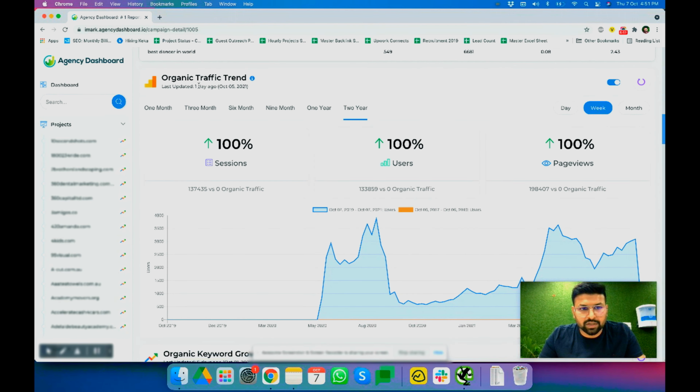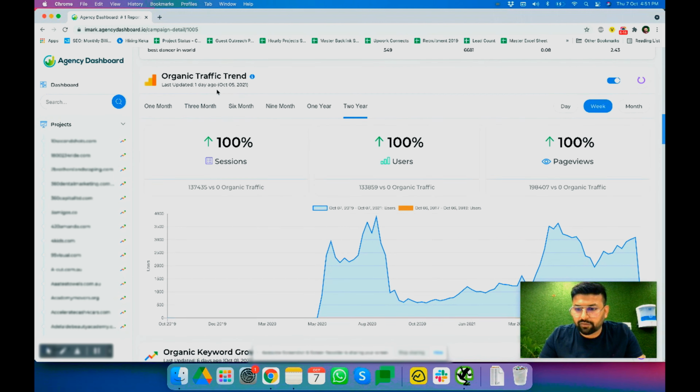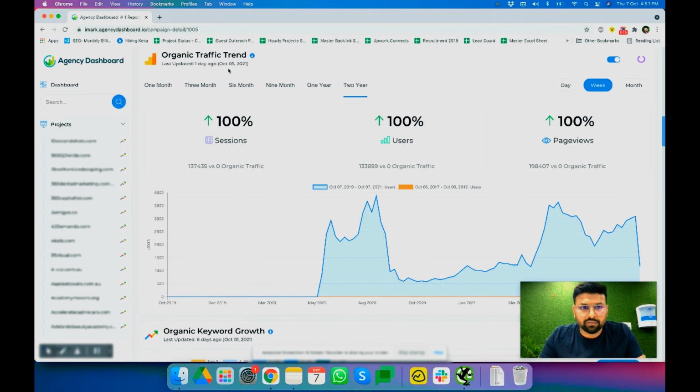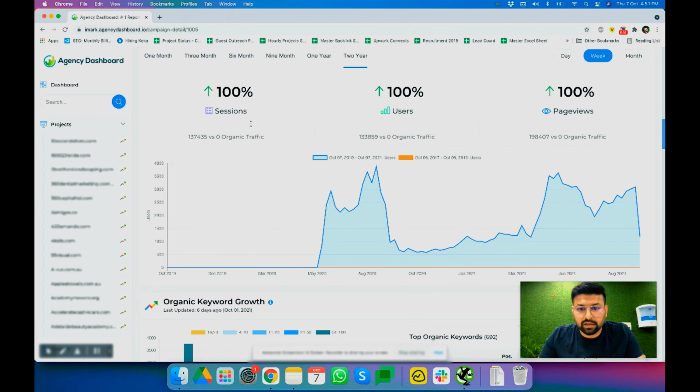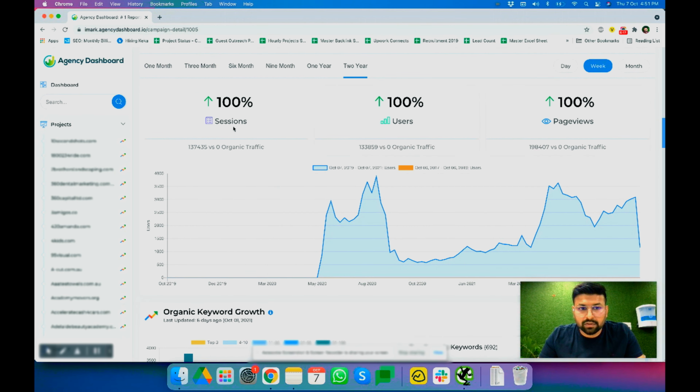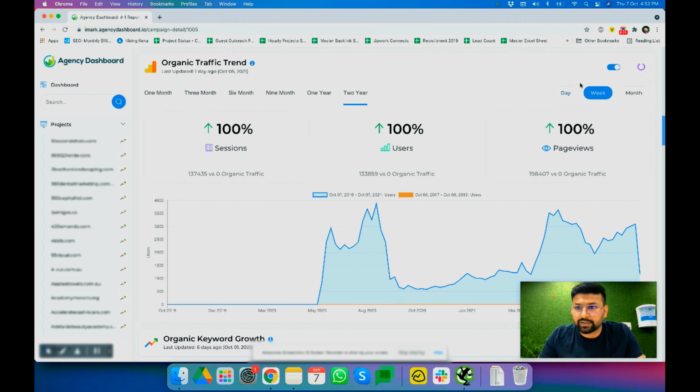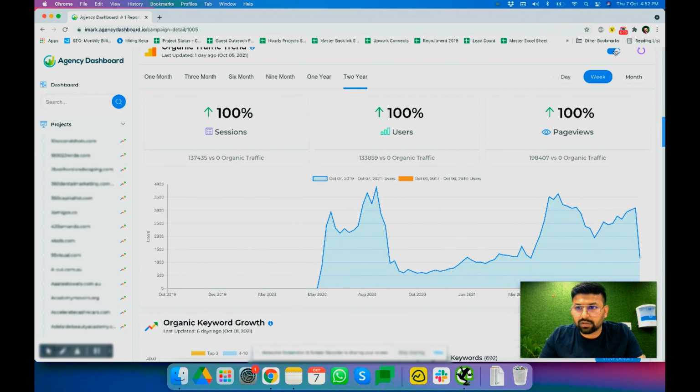Moving on, this is Google Analytics. Again, the data is updated every 24 hours. Right now the data was updated 1 day ago. That means all of this should have been updated automatically, but since it is not, I'll do a manual refresh and this data will be updated. I see here the sessions over a period of 2 years, the total number of users and page views. You can also use comparison data to see what's